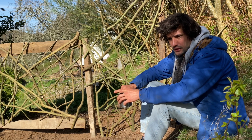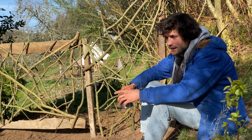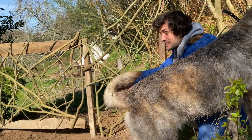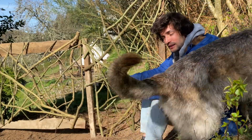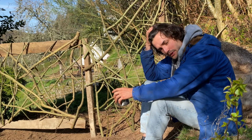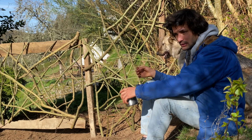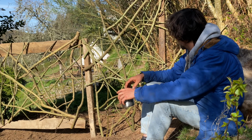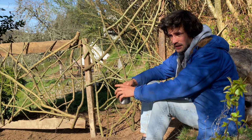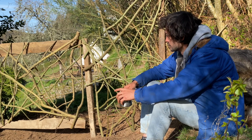I think it's an Irish Shepherd, and it's a herding dog. Hey, good boy, good boy. He really loves to cuddle, which sometimes is annoying. Also, a herding dog means that he makes a lot of noise, barks all the time. Hey, good boy. But also it means that he's really happy to be around people and animals. So